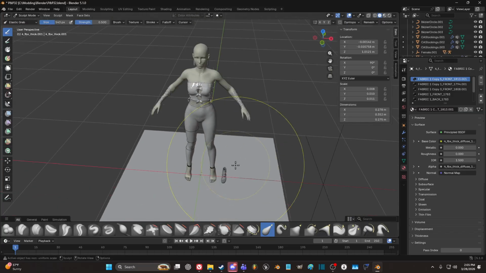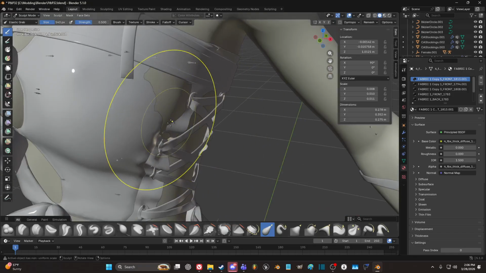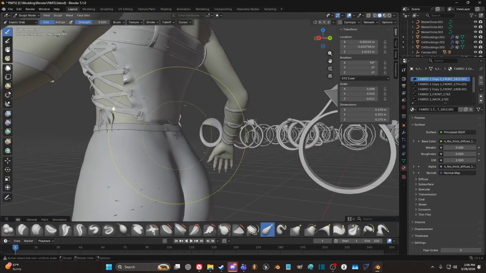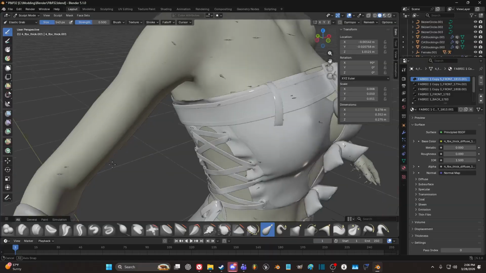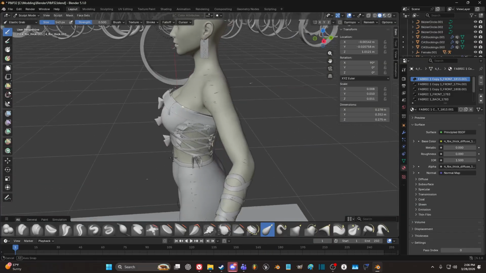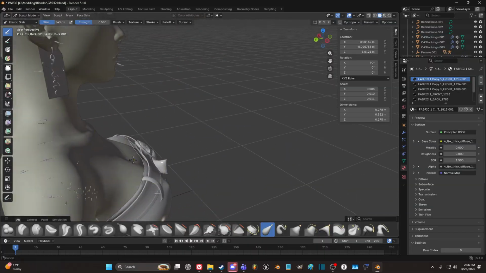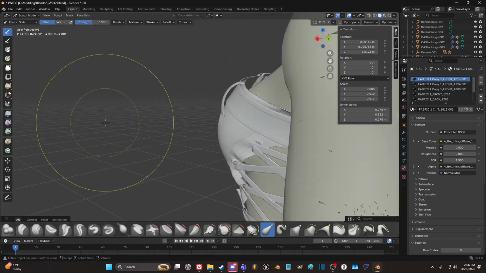Okay. So I think that's a pretty good demo for the shirt. The same kind of ideas are just going to continue to apply, and you can just keep doing your thing, fit it until it looks like it fits her pretty well. I think this is already pretty close. Of course, this area would still definitely need some work. You'd want to close this in maybe a little bit, or